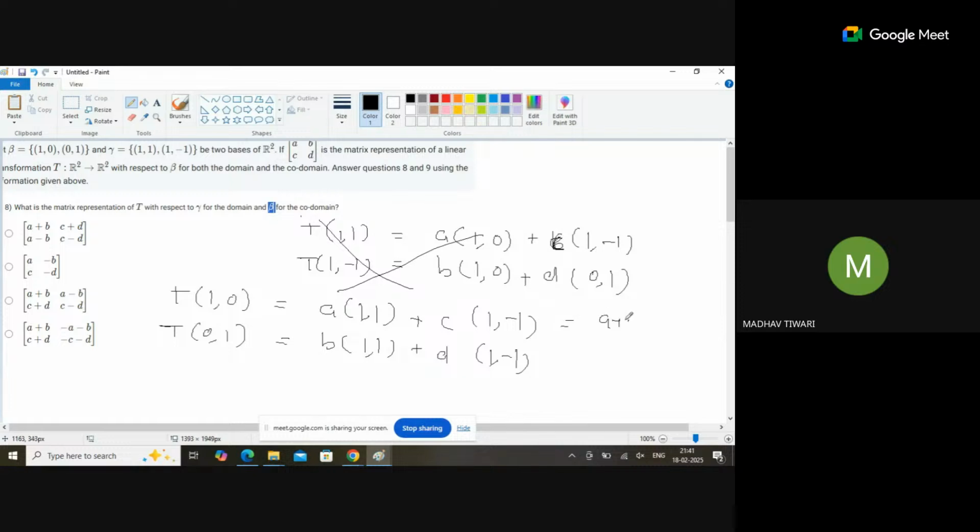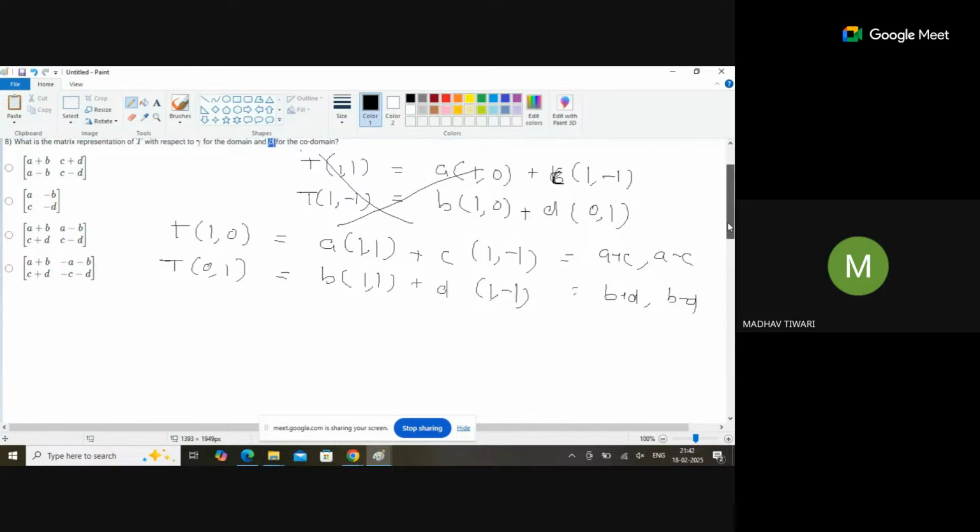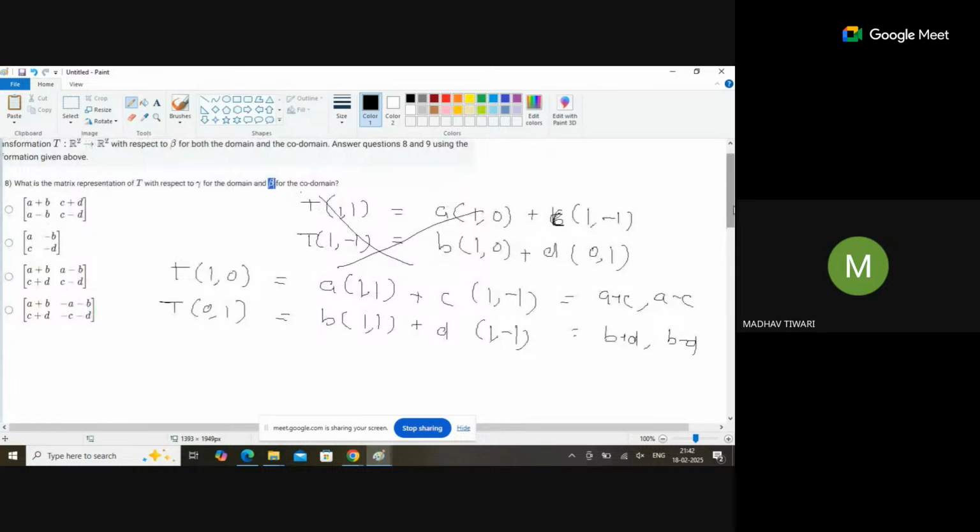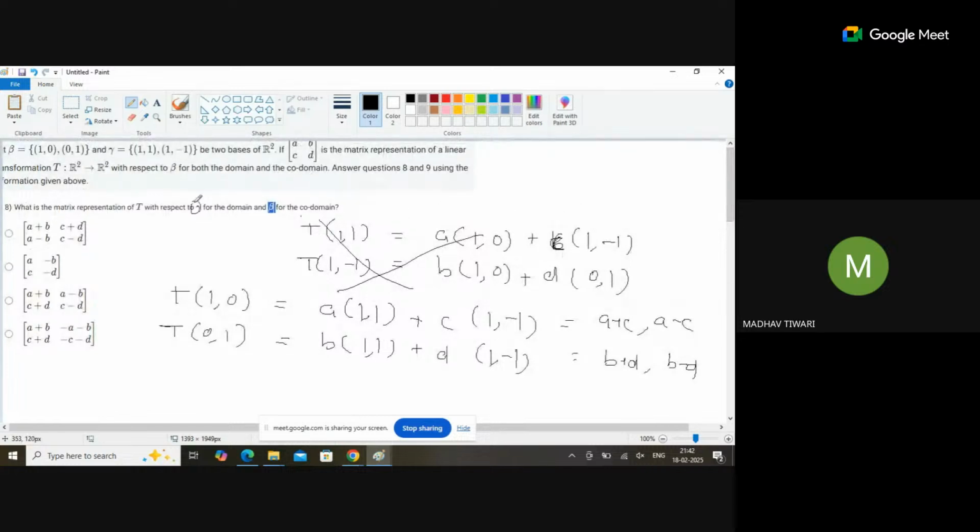A plus C, my first component. Second component is A minus C. Okay, and first component is B plus D. And second component is B minus D. I got this from here. So if I have to find out the transformation for use gamma for domain